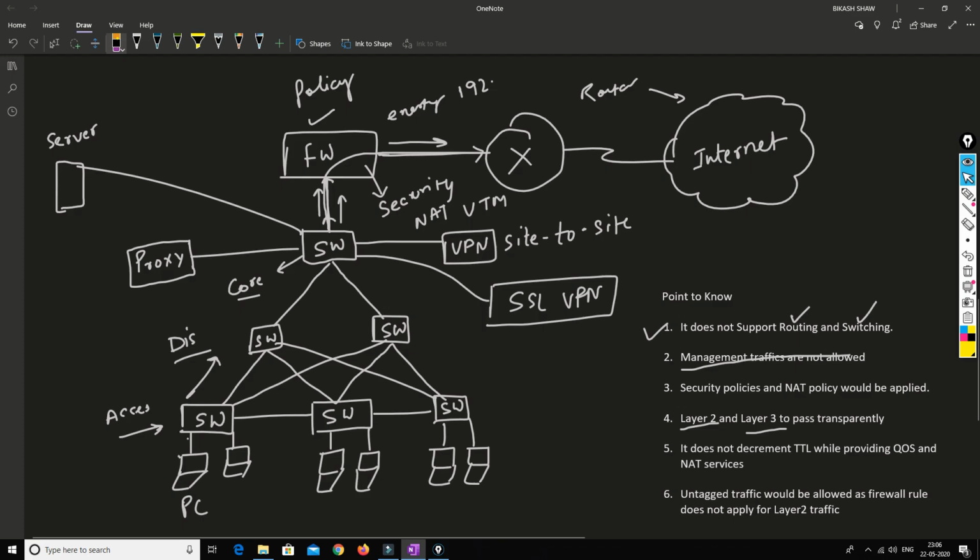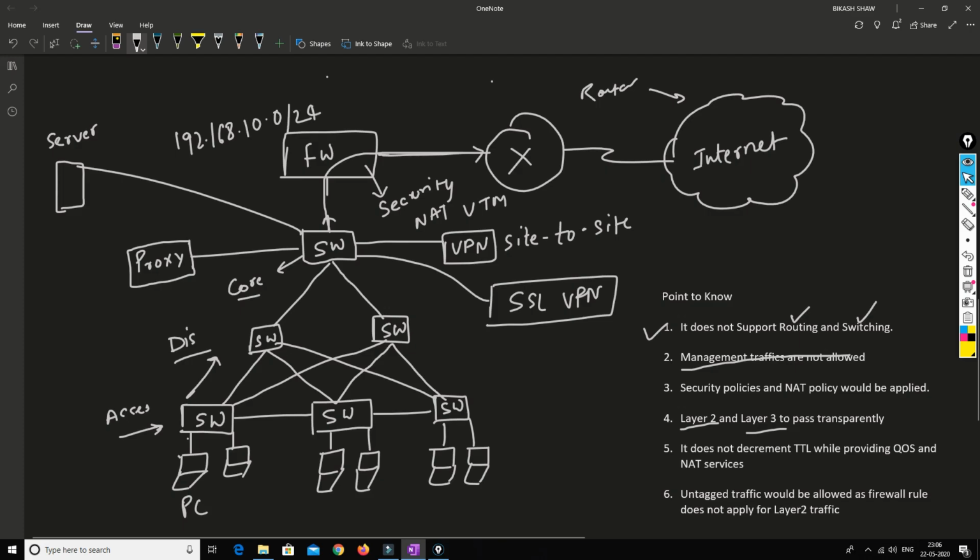Let's say the network is 192.168.10.0/24.